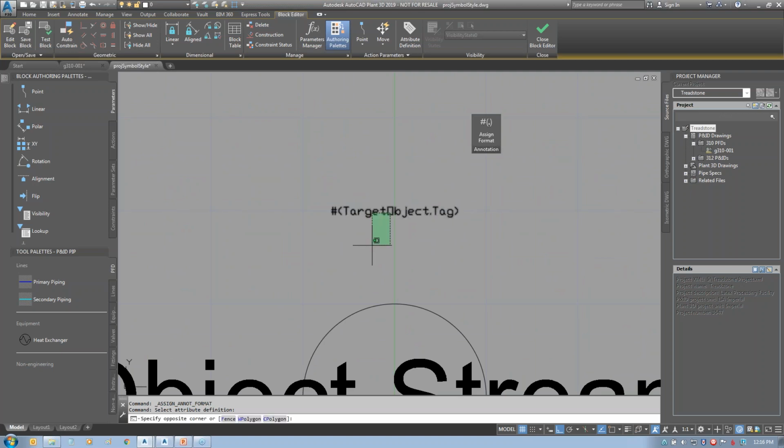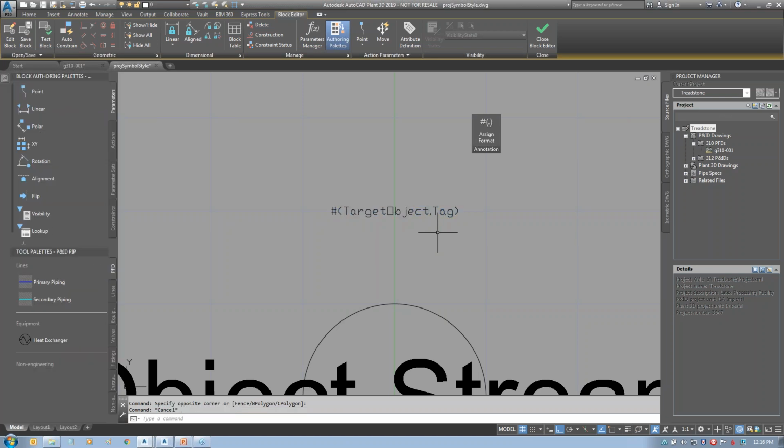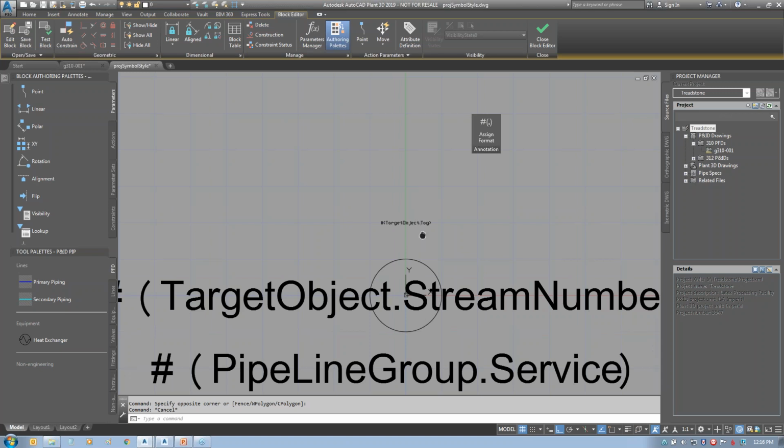Now I made this one very small, and I also made it an invisible attribute. The only reason I did that is, when you're assigning tags and you've got the option to place the tag at the time of assignment, that will only show a list of the ones that have this target object tag in there. Because of that, so that it would allow me to tag it as I assign the tag, I placed that attribute in there so it would work. Without it, I would have to use a separate